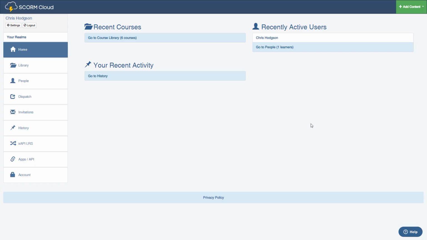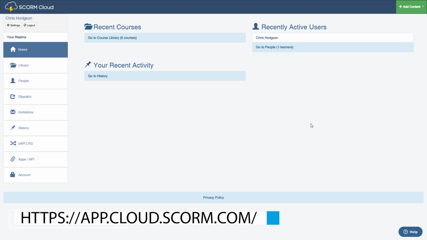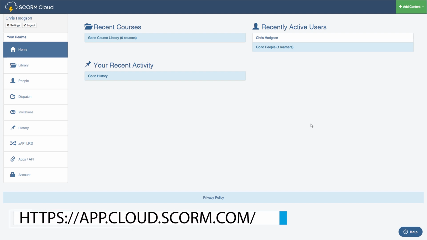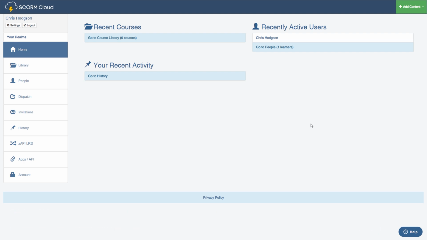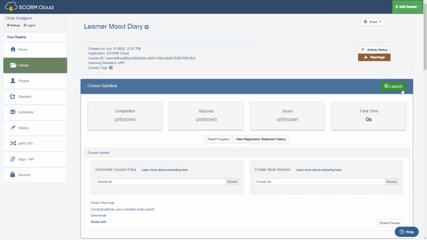Now we should go ahead and test our activity to ensure that the XAPI statement definitely works and contains all of the information needed. To do this, I would highly recommend creating an account on SCORM Cloud, which is free for a basic testing account needed to upload and test SCORM packages. I'll go ahead and upload my published zip file and launch the activity.